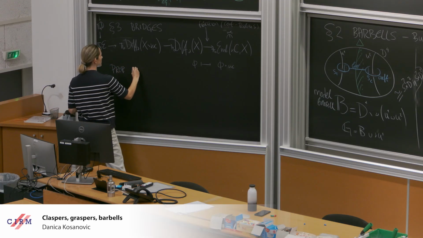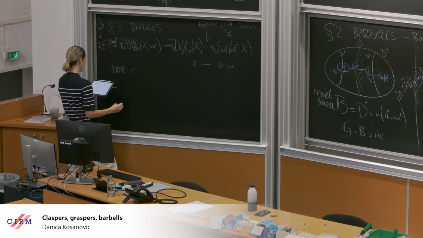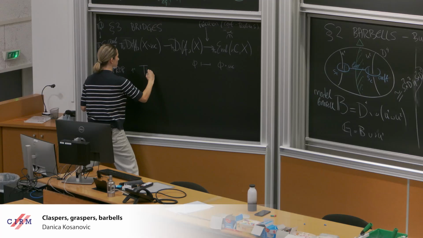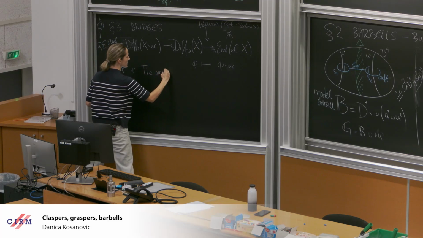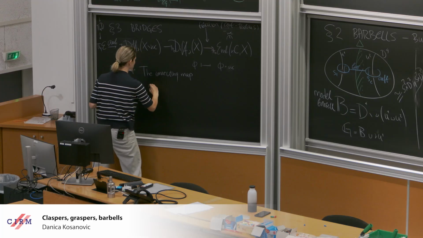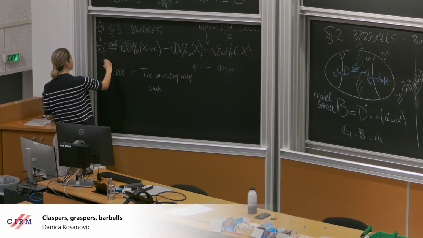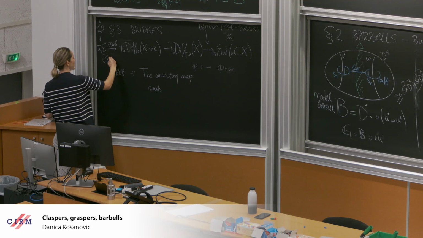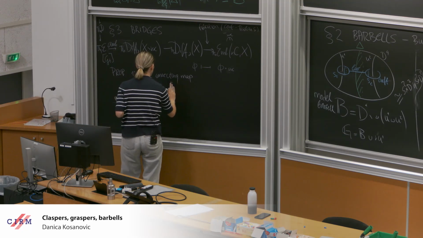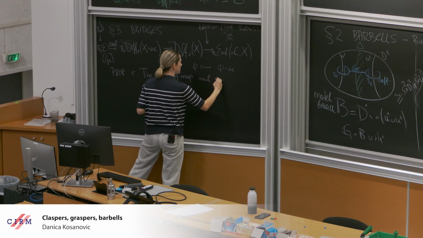And the connecting map here that I call M, so the connecting map of this exact sequence sends, well, if inside of embeddings I looked at my Grasper families, then the connecting map M satisfies